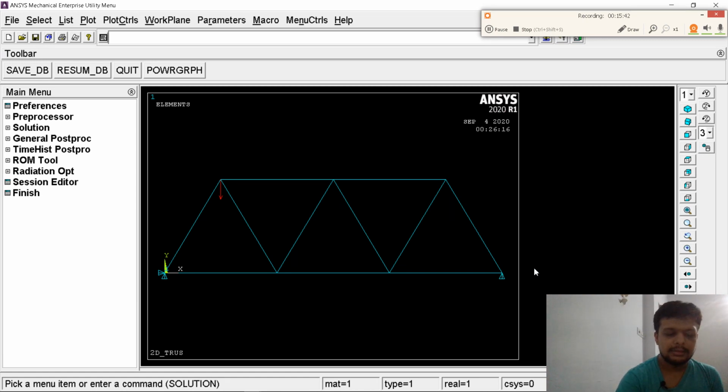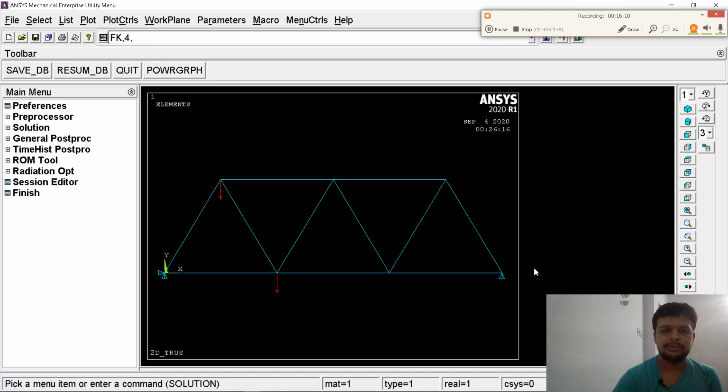Similarly, FK, comma, we will create this load on key point number 3. In which direction and how much will I apply? That is in FY, in negative y direction, minus, and the magnitude should be 210 kilonewton. So see here, at key point number 3, a load has been applied. Similarly, we can apply loads as given in the question.